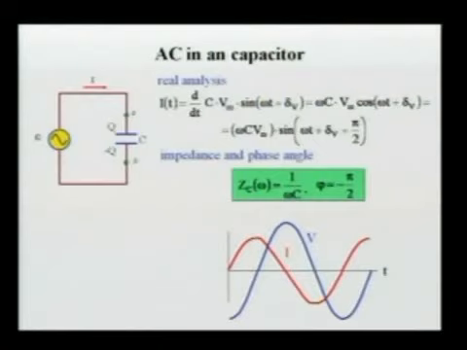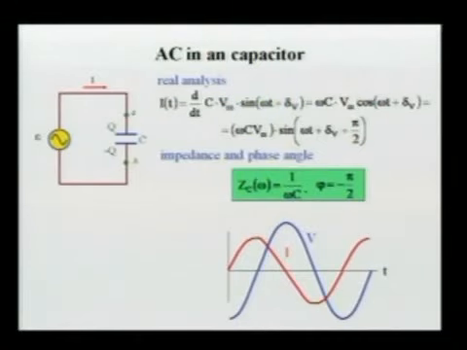Now make sure that you do not confuse what to subtract from what. So from the initial phase of the voltage, from delta V, we have to subtract initial phase of the current. So we need to subtract delta V plus pi over 2. Well, delta V and delta V will cancel, and we will be left with pi over 2. So phase angle is minus pi over 2. Did I say pi over 2? I think so. Yeah, so phase angle is minus pi over 2 this time,